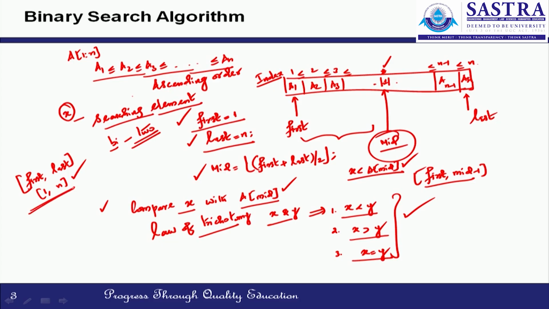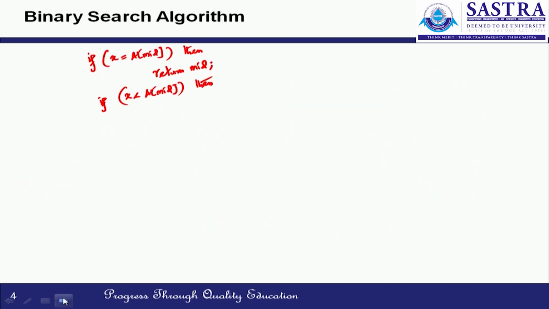When x is less than A of mid, the range first comma last is reduced to first comma mid minus 1. So mid minus 1 is updated to the variable last. Logically, if x is less than A of mid, then last is equal to mid minus 1, else